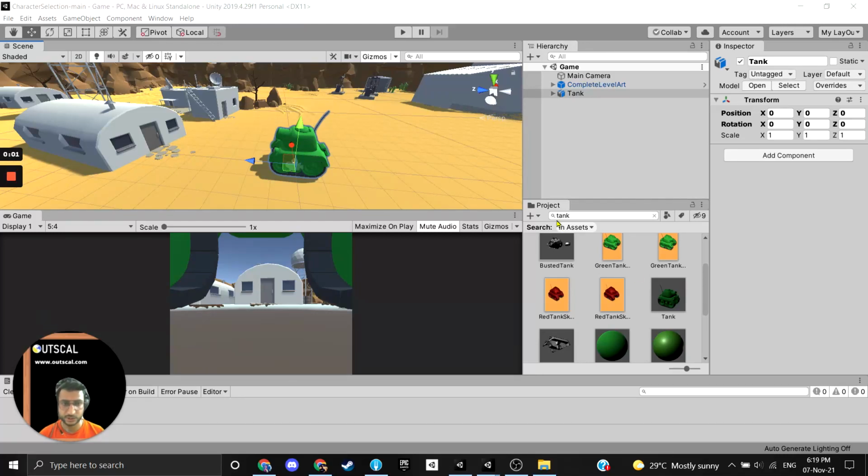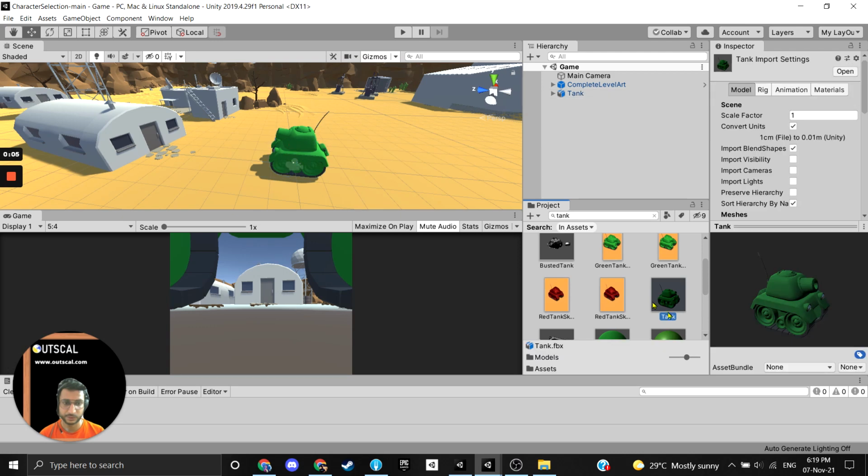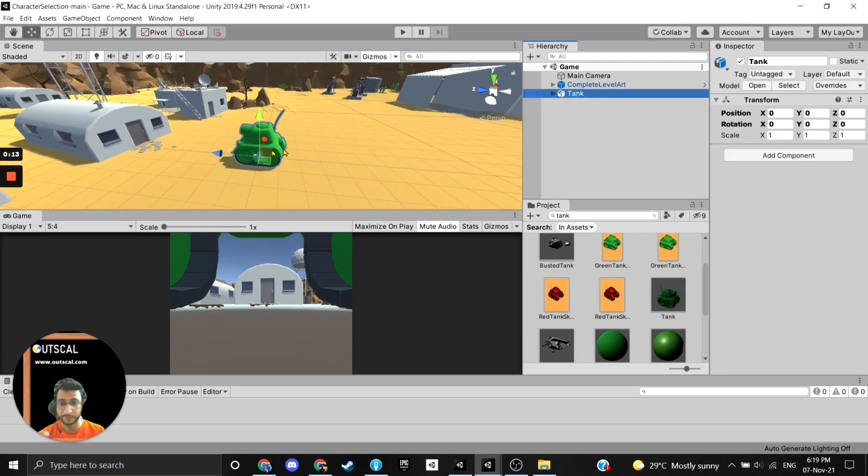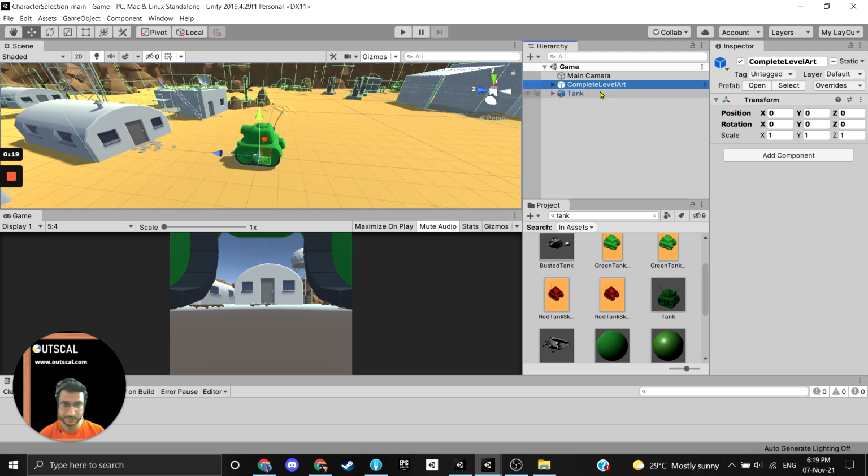Hey guys, so we have just dragged and dropped our tank. So this is the tank object, and we have just dragged and dropped this tank object into the hierarchy, and we have created this tank, and you are now seeing the tank in the scene view. So please make sure that your complete level art, this is the game object, that must be 000 and rotation